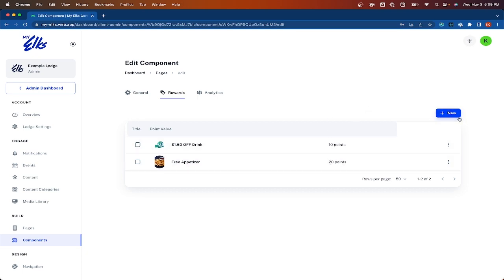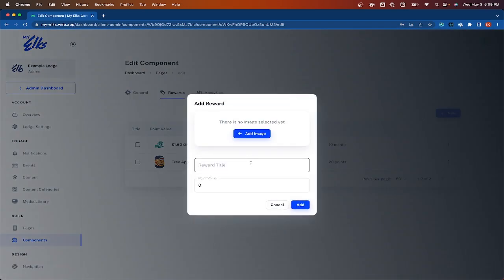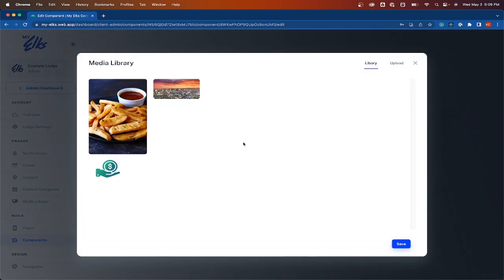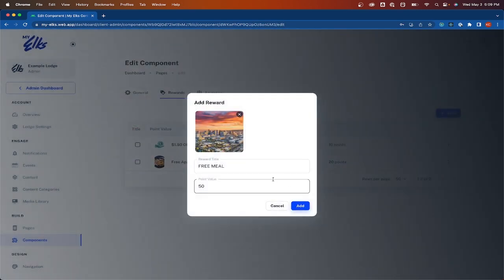Now to create another reward, I just click this new reward button, and then a pop-up will appear where I'm able to give it a title. So let's make this free meal. I can determine how many points a member needs to earn in order to earn that reward. And I can also add an image. So let me go ahead, I'm going to just select this one as an example and click save, and then